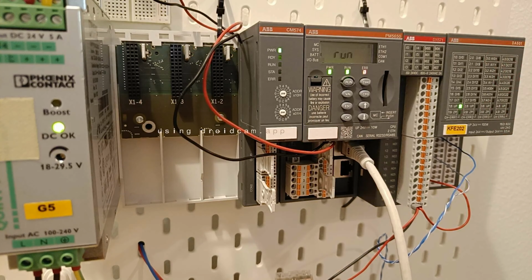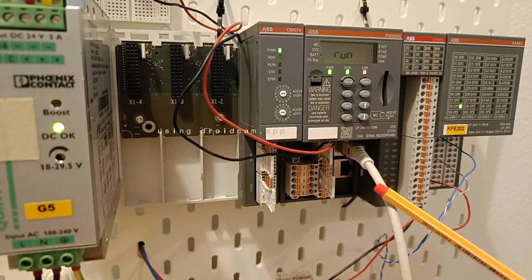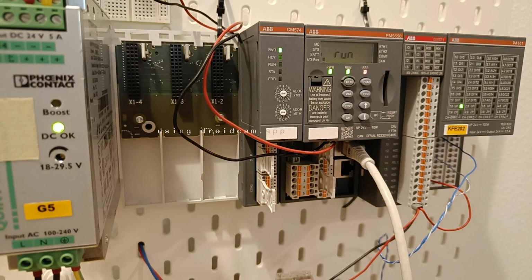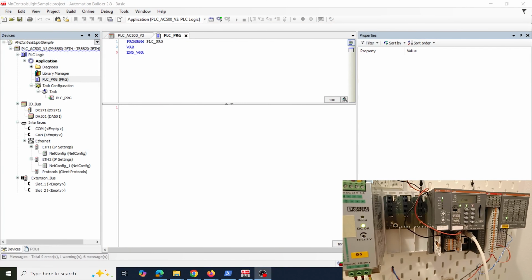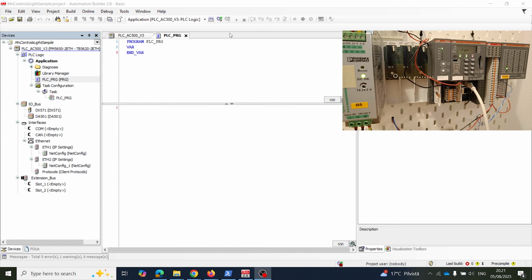I have this controller connected to the network where my laptop is connected as well via this Ethernet cable here. So I can upload code and do all sorts of things there. And I'll show you the setup that I have here in my Automation Builder already. So I have a new program here opened,